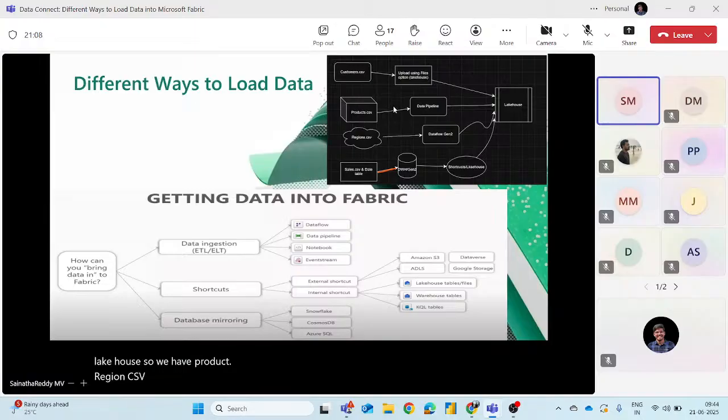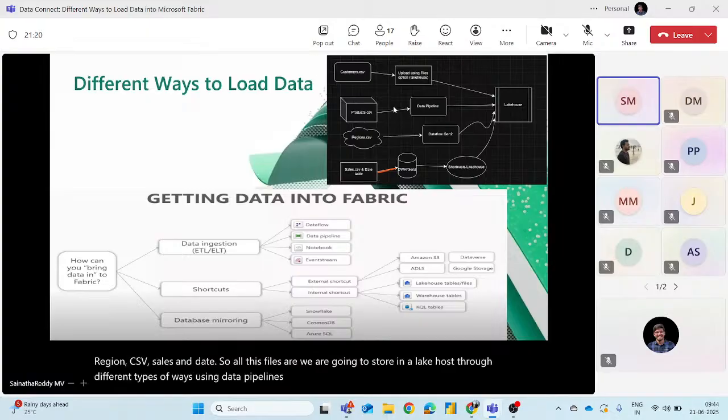So all these files we are going to store in a Lakehouse through different ways: using data pipelines and Dataflow Gen2, and data warehouse. We need to create a data warehouse and shortcuts. So each module we can go through. Let's jump into it.